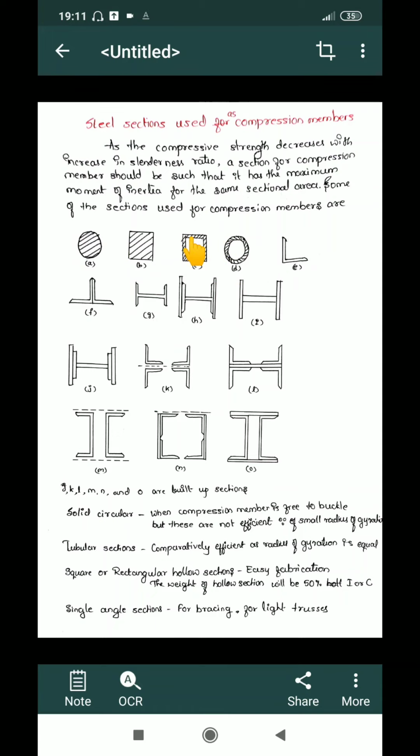Hollow sections are comparatively better than the solid circular section. Square or rectangular hollow sections are much easier than the solid rectangular or solid circular section, and these are easy to fabricate, and hence these are very preferable